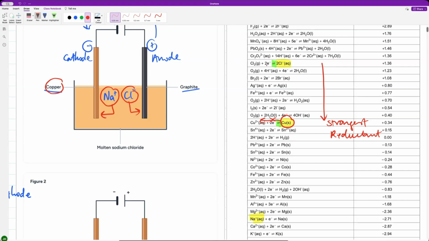What is the next available reductant? That's the chloride. Okay, so this chloride will become chlorine gas. So we'll start to see some bubbling over here at the anode of chlorine gas, and it is escaping. Okay, let's just write the equation here at the anode. It would be 2Cl⁻ becomes Cl₂ gas and 2 electrons, and those electrons are going to flow around the